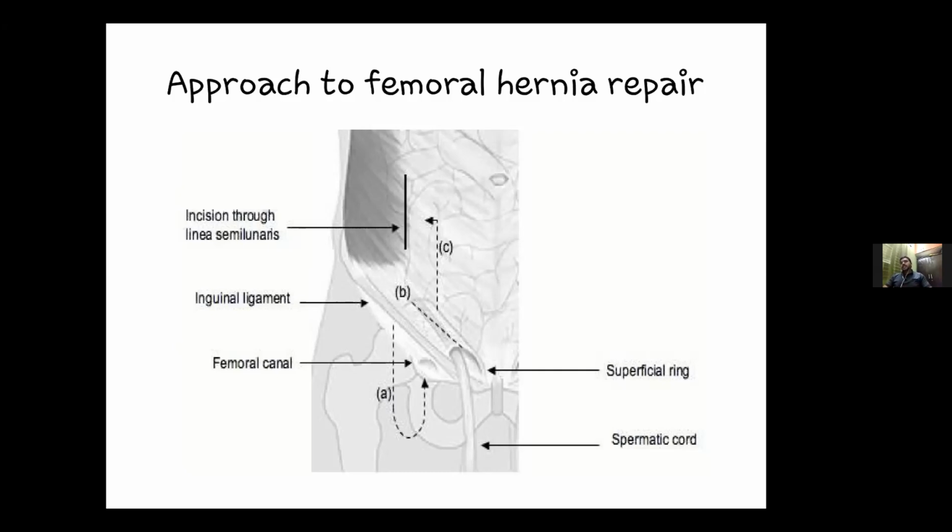Once the surgeon enters into the preperitoneal space, he reduces the content of the femoral hernia, and through this technique, the surgeon can make an incision in the peritoneum to check the viability of the bowel. The advantage of this technique is that it is usually done in case of an emergency obstructed or strangulated femoral hernia, in which the surgeon can make an extensive incision in the peritoneum to check for bowel viability.